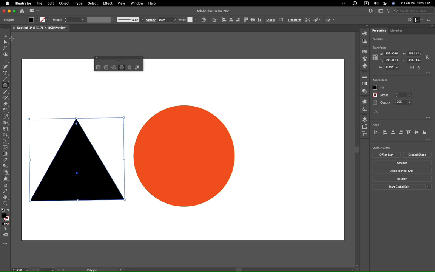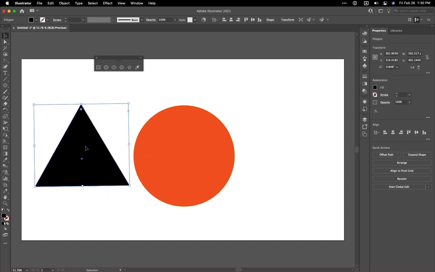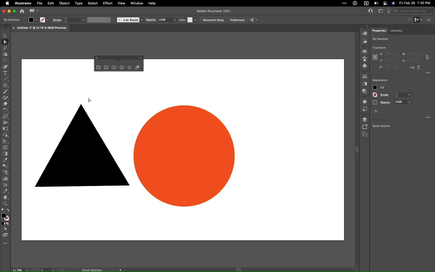And the other really nice thing is you don't have to do free transformation. I'm going over here to the selection tool, which is a V, and you can remember that because the V kind of looks like a little arrow, or the direct selection tool is an A. So what's the difference between these two? Well, you can see when I click on the black arrow, it selects the entire object. If I press A here to go to the direct selection tool, I can select not just the shape,